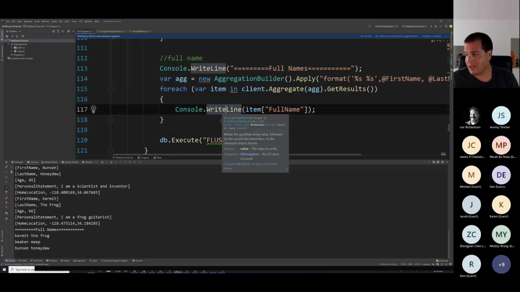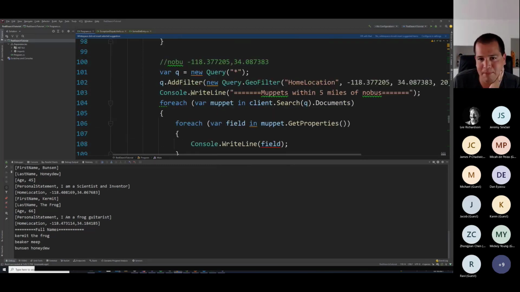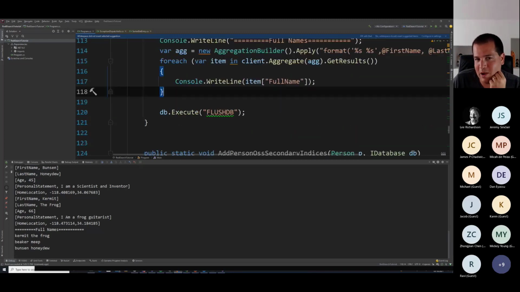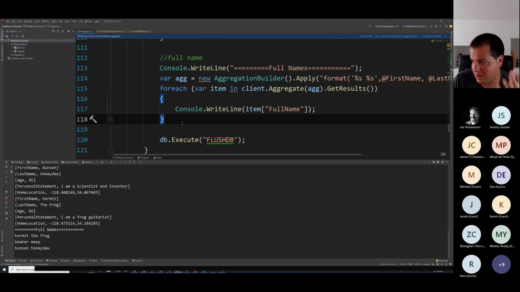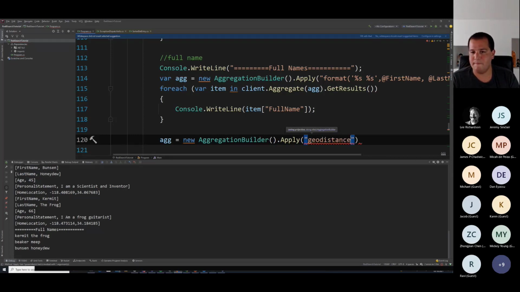Now, that's pretty neat. You could also, let's go back to this geolocation problem that we were looking at here. This lets you filter Muppets based off of their geolocation. It doesn't actually tell you how far they are. So if you wanted to get a distance, you can also do that. So ag equals new aggregation builder. You can do an apply function, and your projection in this case would be geodistance. And you can pass in the home location,